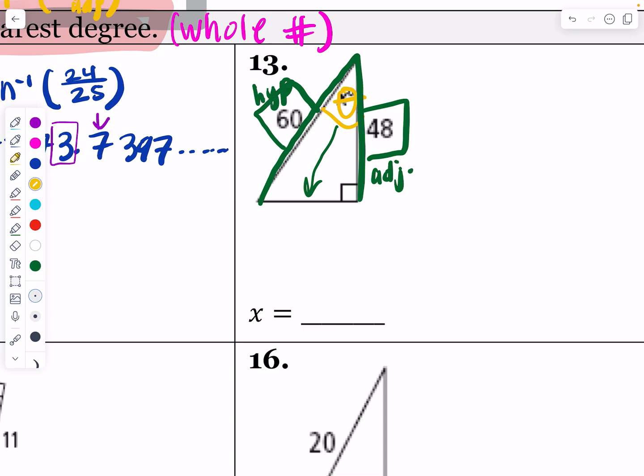So that's going to be some inverse cosine. This angle is going to be equal to the inverse cosine of adjacent over hypotenuse. Again, that denominator should be bigger since it's the hypotenuse. So you're going to type that directly into your calculator. Second cosine, 48 divided by 60. And you're going to get, let's see,